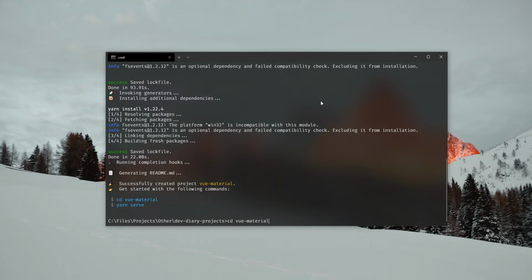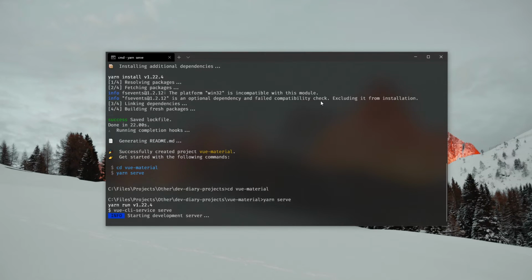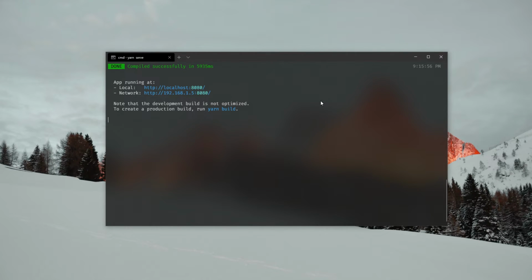You need to execute the project. Then I am going to go to the project folder and simply run yarn serve. This will open the web server for the Vue project we have created recently. After that, you will see the ports which are available for this web application. This takes some time because it needs to build. Yes, now you can see.